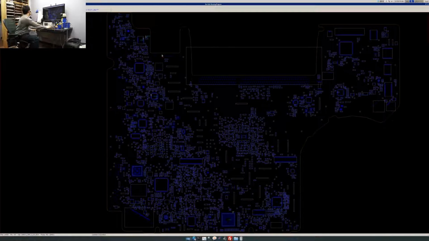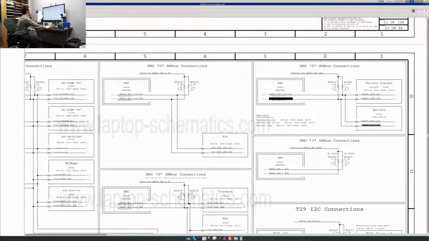Again, I know that I haven't done the best job of describing how a data line works, but the basic idea of it is this. You take 3.42 volts and you create a flat 3.42 volts, and then any one of these components that would like to communicate with one another will simply take that 3.42 volts and decide, I'm going to short it to ground in short intervals in order to create those square looking things that you saw. So every time it would short it to ground, for certain intervals, and the amount of pulses that you get from those random shorts to ground, the way it draws that little square looking thing,